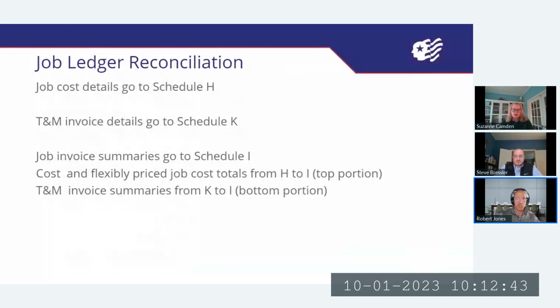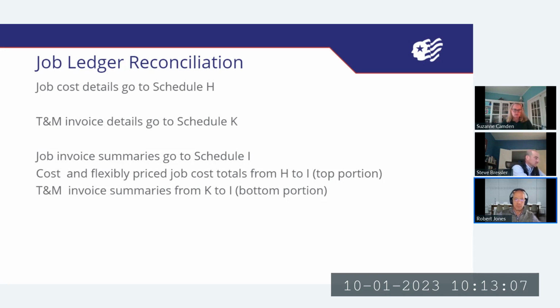When we're talking about the job ledger reconciliation, here's a quick overview of where the data is going. All of your job cost details, and note that I focus on the cost, go into Schedule H. So that's all of your cost elements for direct labor, materials, travel, ODC, and subcontractors.